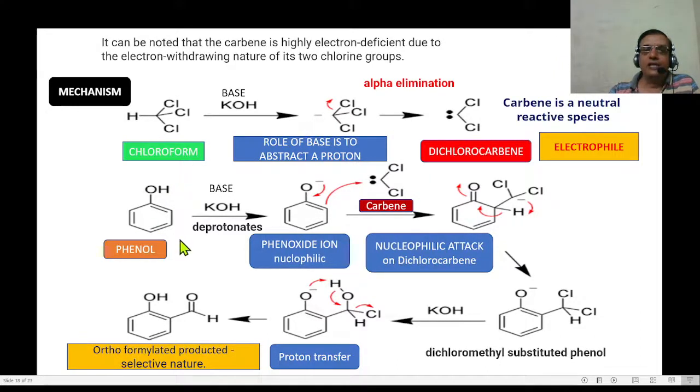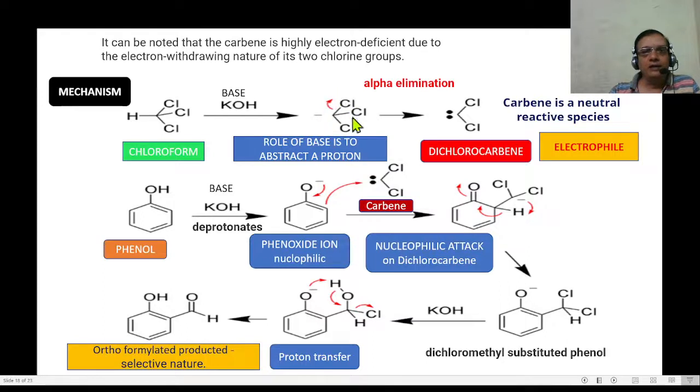This is the extraordinary thing taking place in the Reimer Tiemann reaction, which leads to the formation of the ortho product. First, the chloroform is deprotonated with the help of the base. Already we know the role of the base is to abstract the proton, so the proton is abstracted by the base, leading to the formation of our